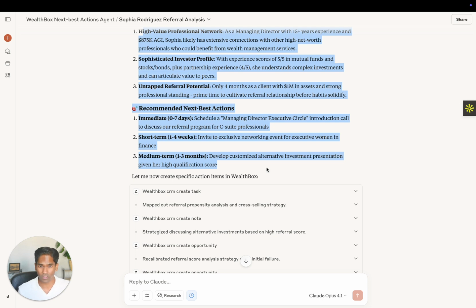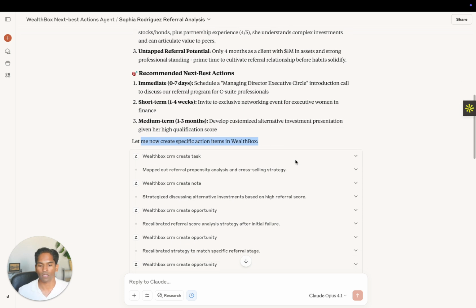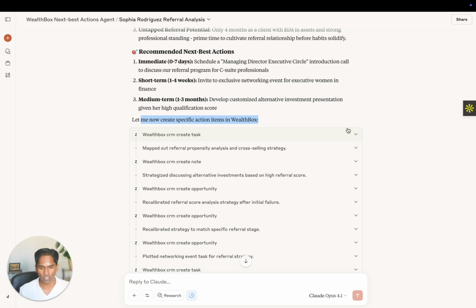I wanted to just show this for the sake of this demo. Now let's create specific action items inside WealthBox, right? So now it analyzes the contact profile, creates the insights, but also generates those action items for you automatically, and that saves you a ton of time and makes things a lot simpler and easier for your workflow. A lot of advisors might not be comfortable with this, and I totally understand, and it makes sense why